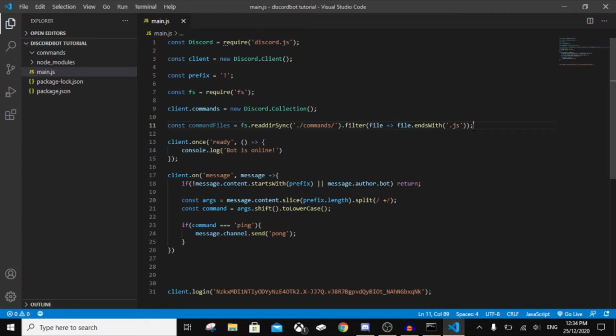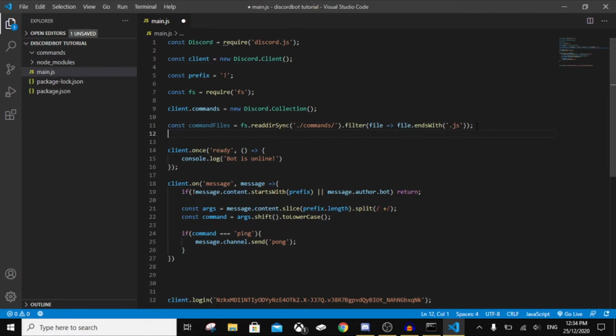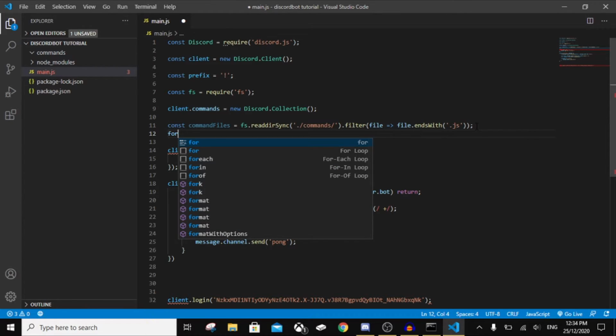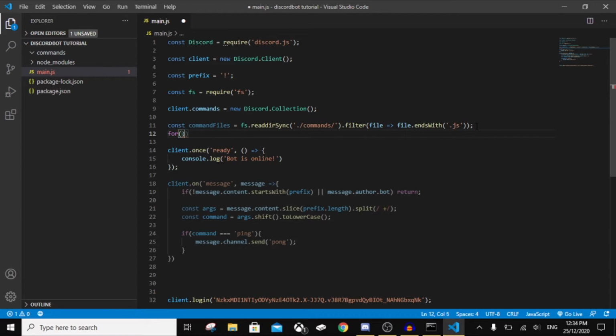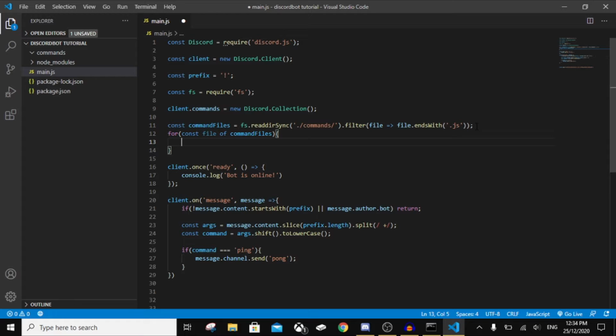Next we're going to create a for loop. This is going to basically keep running this thing so that it won't stop. So we're going to go for, and then in this const file of command files, and then we go over here and open this up just like so, and we do const command